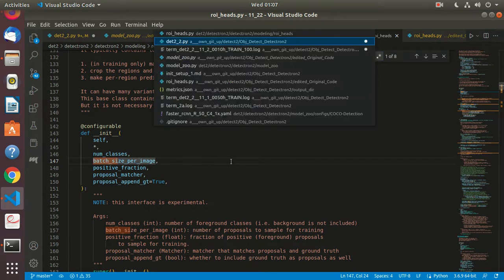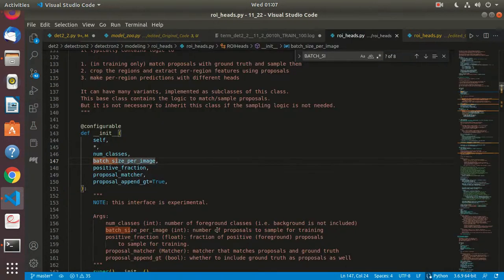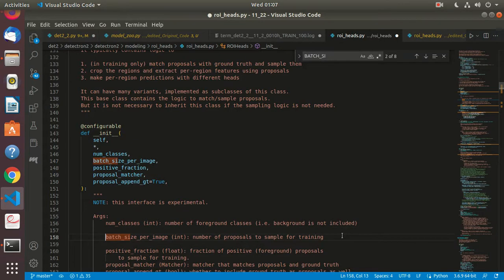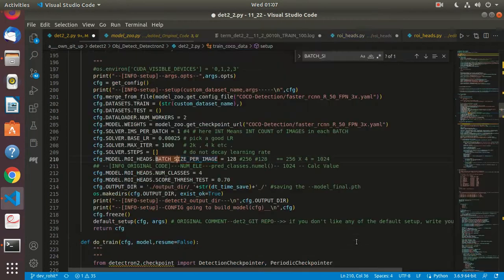If you really want to understand what is happening there, it says the number of proposals to sample for training. But this is memory heavy. So if you have less memory, then you might want to optimize this. That's what's been done over here. We've come down to 128. Otherwise, 256 is ideal. 256 is good. And then this 256 multiplied with this number, images per batch, gets printed out as the